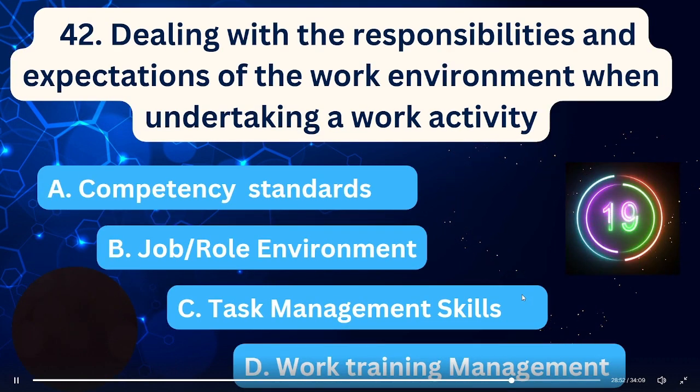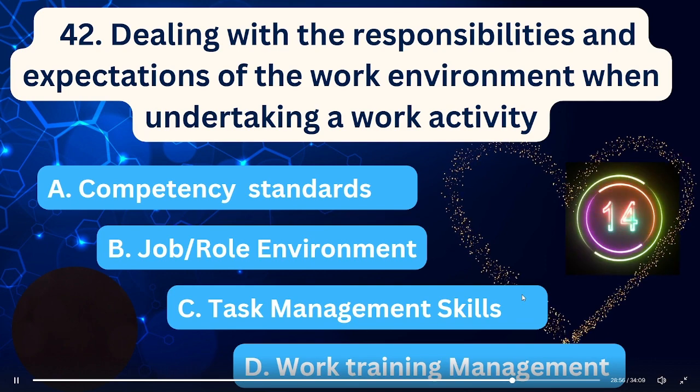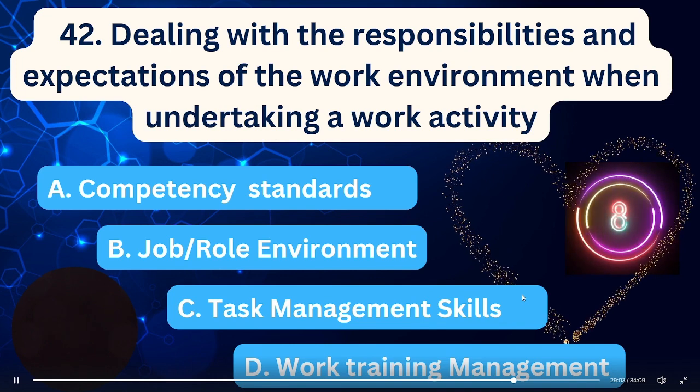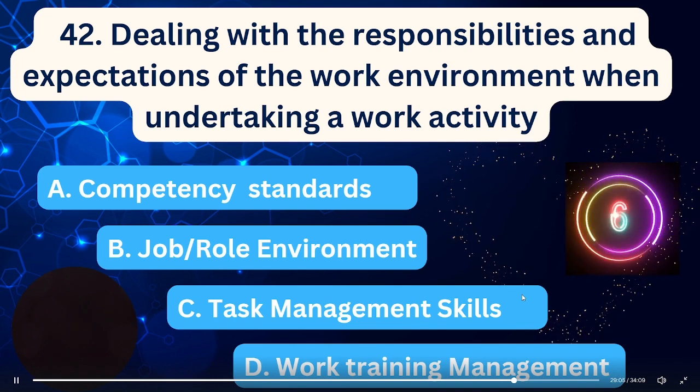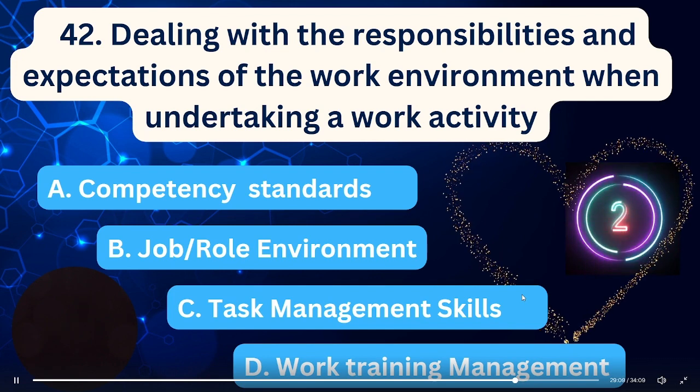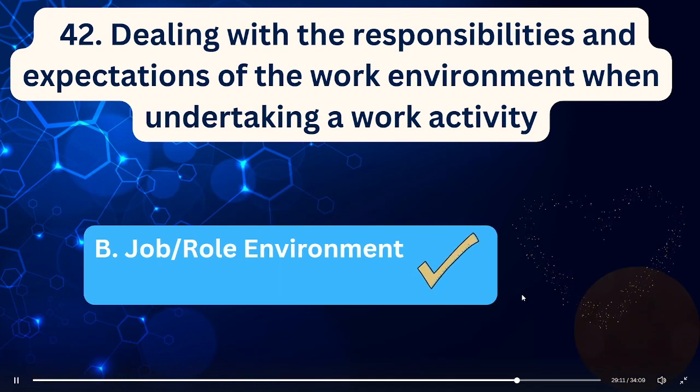Number 42, dealing with the responsibilities and expectation of the work environment when undertaking a work activity is called A. Competency standards. B. Job role environment. C. Task management skills. D. Work training management. The answer is letter B, job role environment. This is what you need if you want to deal with the responsibilities and expectation of the work environment when